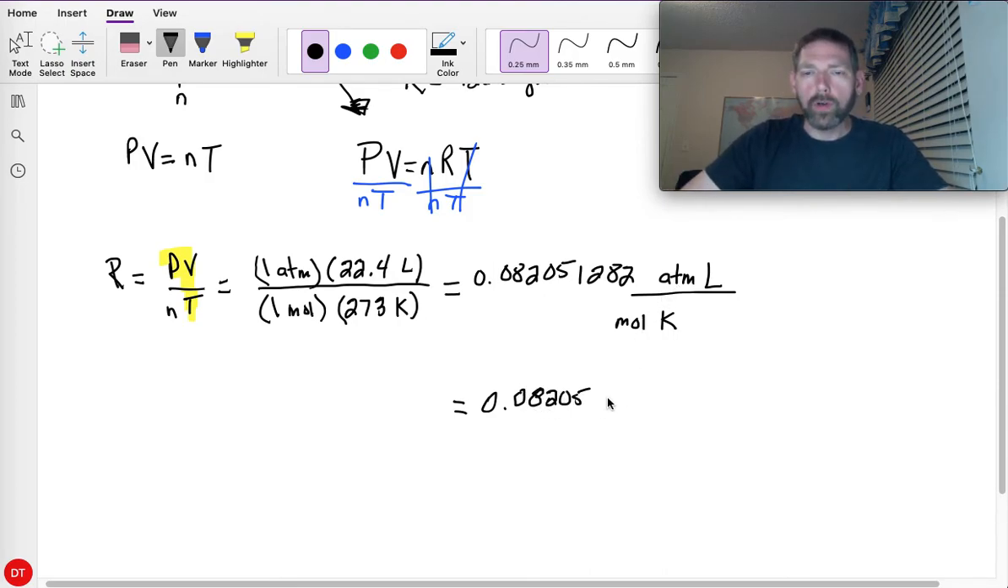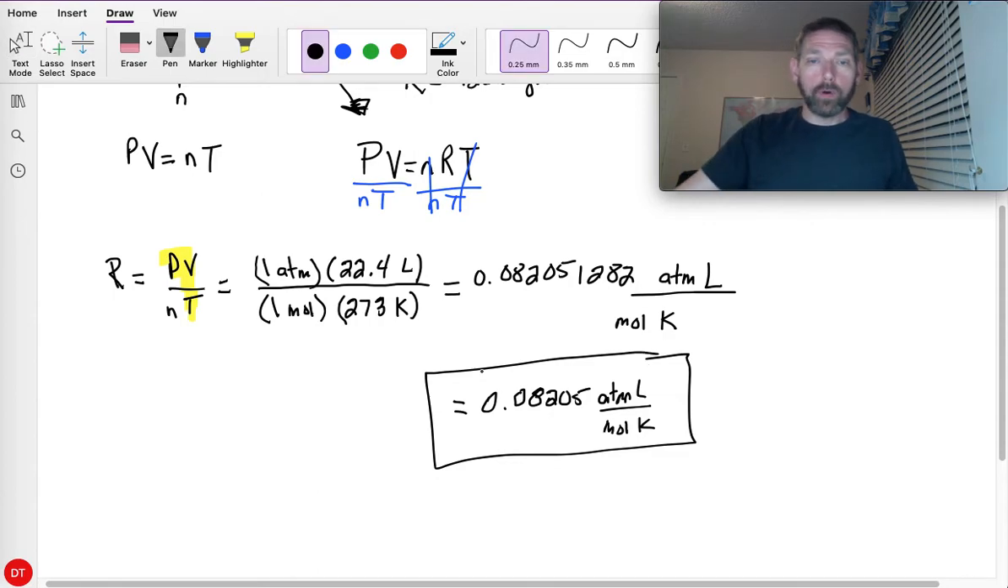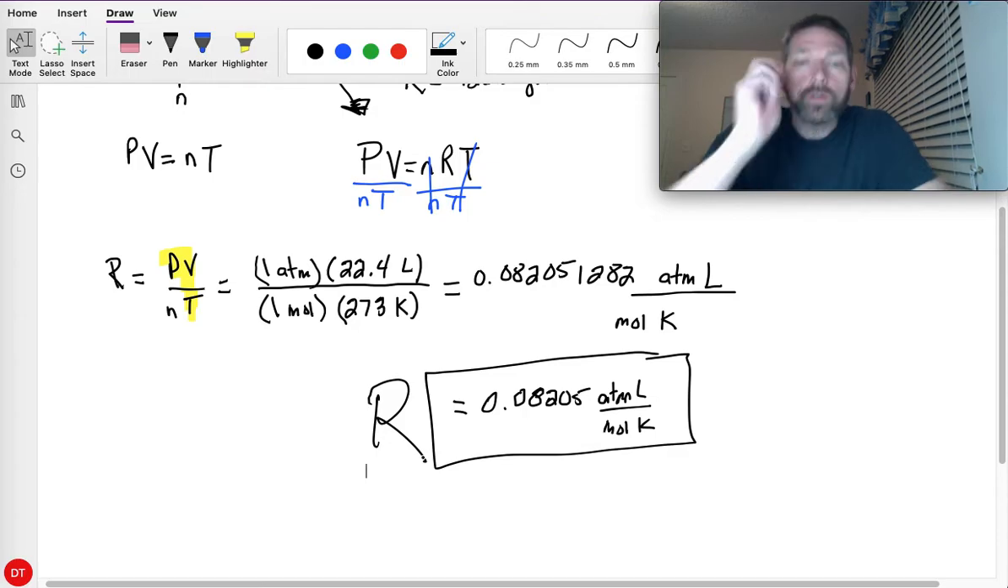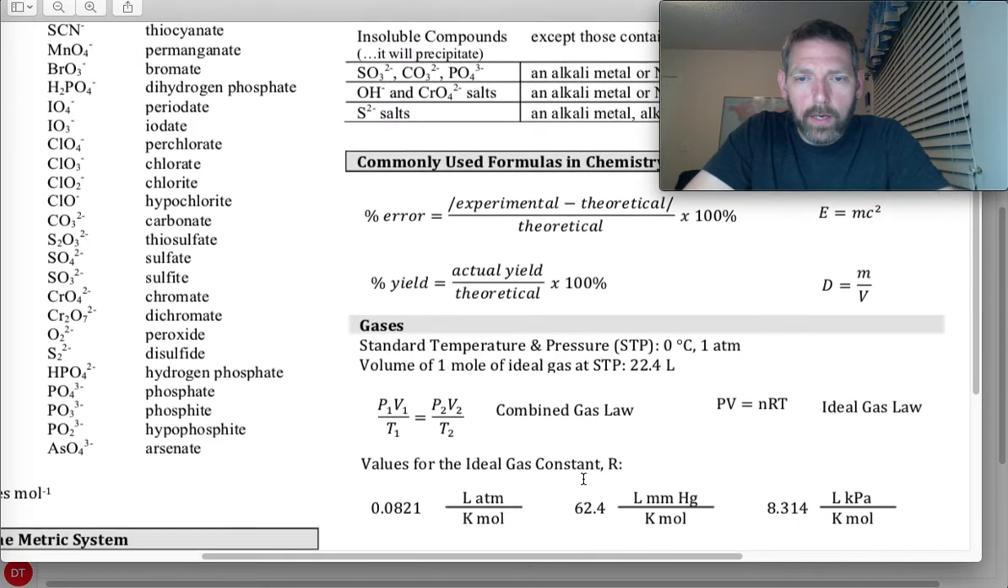And then we still have atmosphere liters per mole Kelvin. And this right here, that is R. You will be plugging that value into this equation up top, PV equals nRT. This is what R equals right here. This is R. So if you go back to the reference sheet that we provided for you, you'll notice that it shows